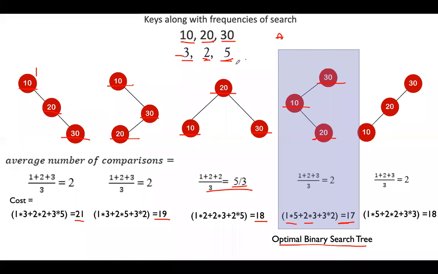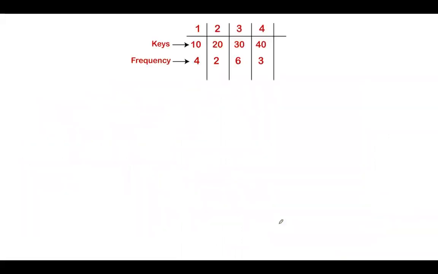We shall first solve the problem and then try to understand the algorithm. This solution is a little bit complicated and a very lengthy procedure. Observe carefully. The algorithm looks simple, but the procedure is very lengthy. Just for 4 key values, it will take a lot of iterations to construct the optimal binary search tree. All of you listen carefully.